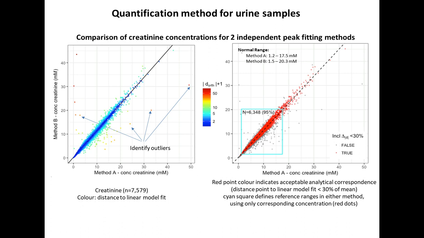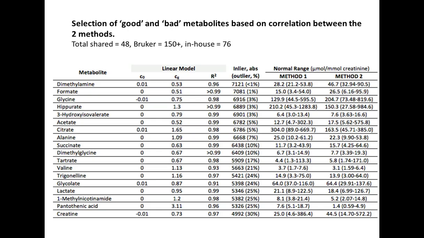Now, the Bruker method, I have to say, will be much more accurate because they put years of work into this, whereas we're comparing it with an in-house method that was developed over just a couple of months. But what we found was that if you look at the creatinine concentrations, there really aren't that many outliers, and the two methods agree beautifully. We looked at this across 7,500 samples, 7,500 individuals, and find incredibly high reproducibility.